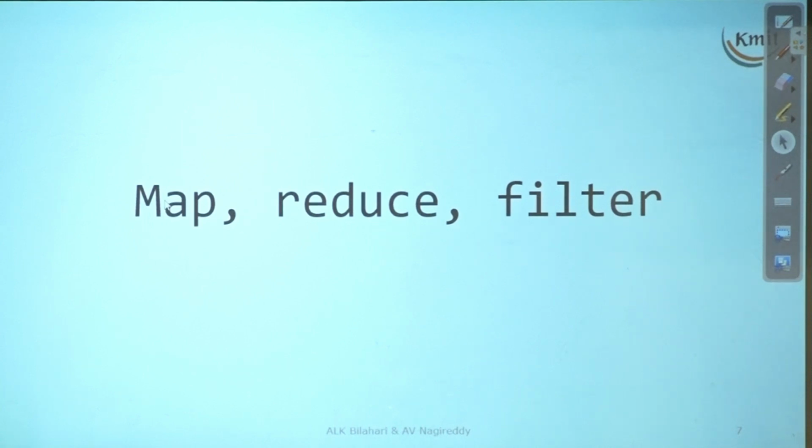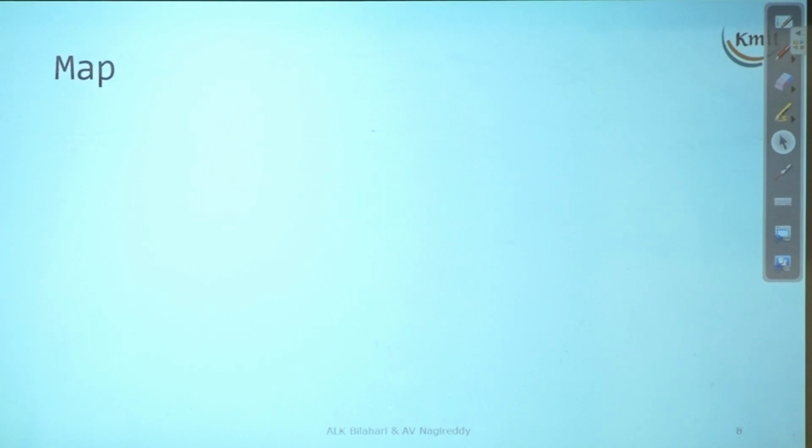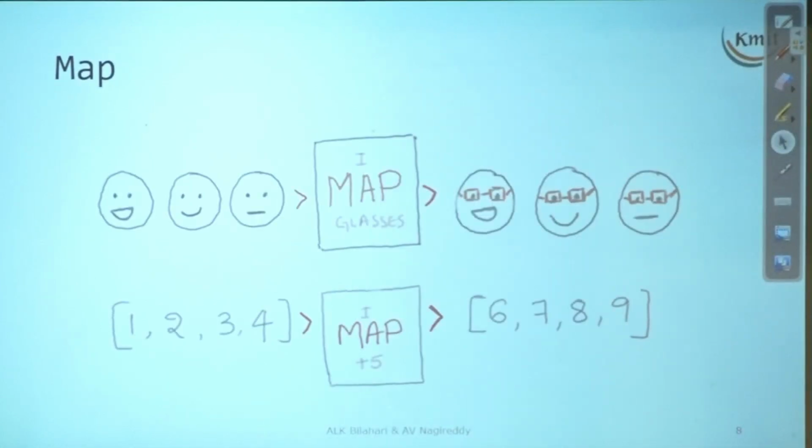All right. So map, let's start with the first one. Map, please. You are trying to map to something. Name itself is trying to tell. It's a small example so that you can understand it. I have emojis over here. I would like to give all the emojis goggles or glasses. For every emoji. That emoji can be a list of arrays, that emoji can be a list of objects,